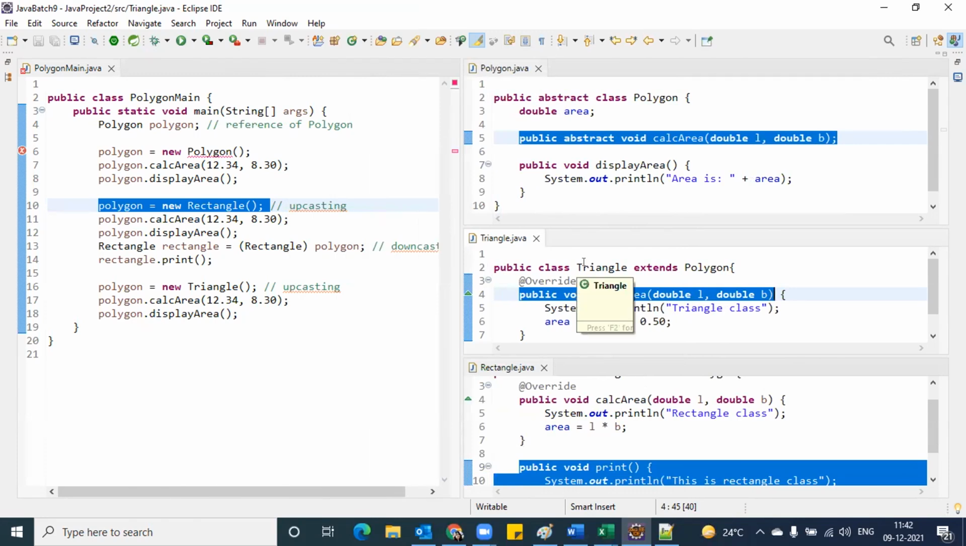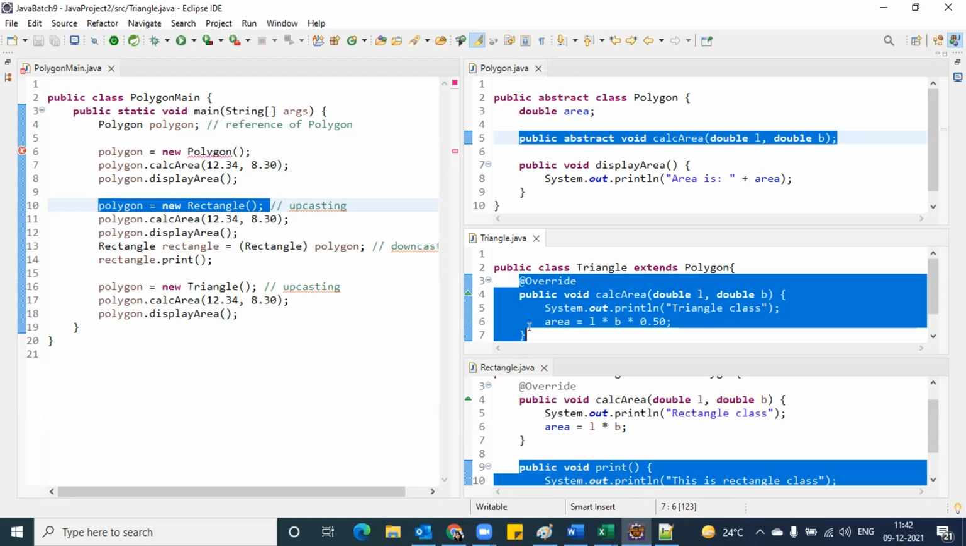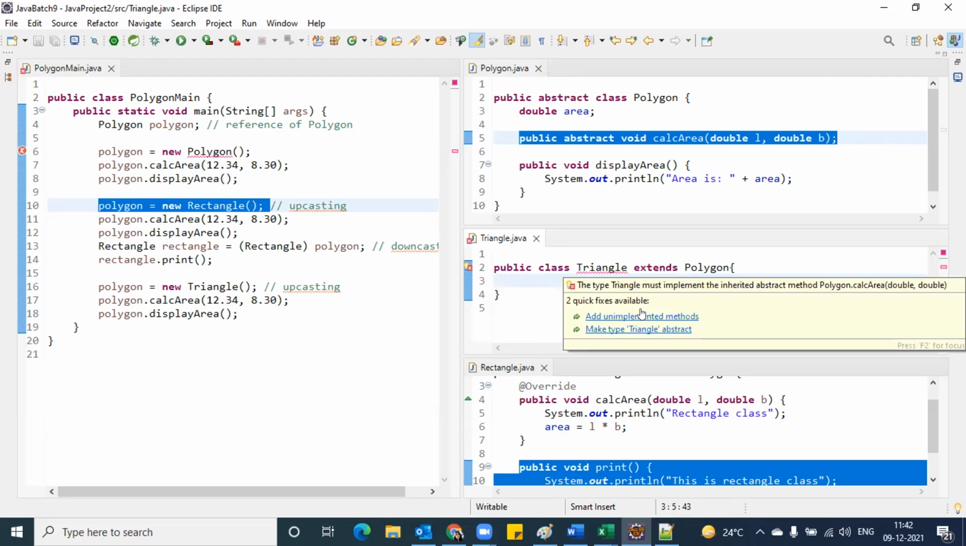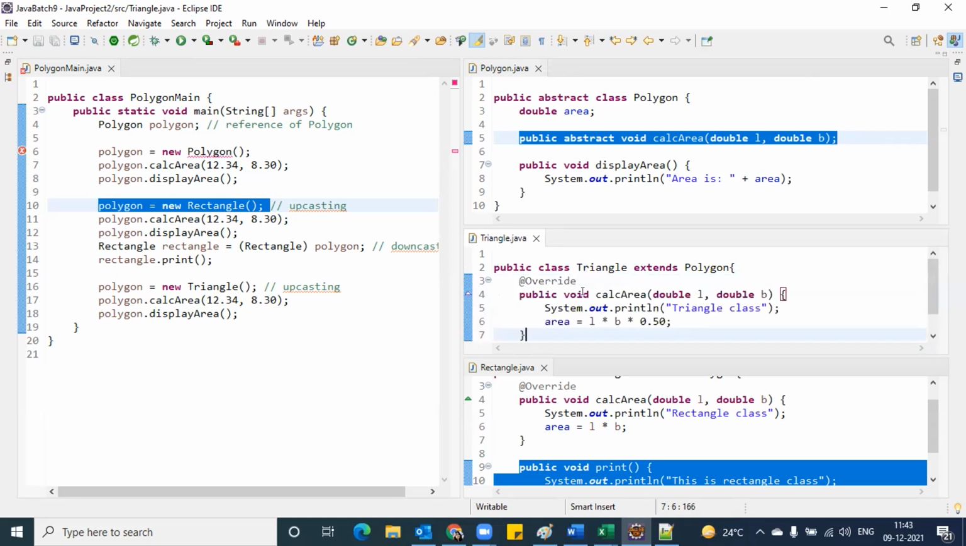Now suppose the subclass extending an abstract class is not defining the abstract method. For example, this polygon is extended by triangle, but triangle has not provided this particular method. Then it says either add unimplemented methods or make type Triangle abstract. That means when any subclass is not defining the abstract method,